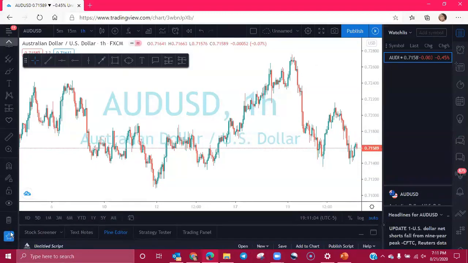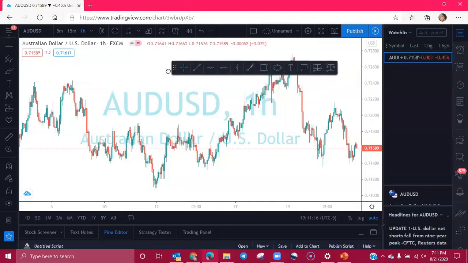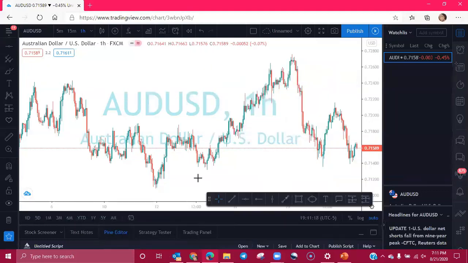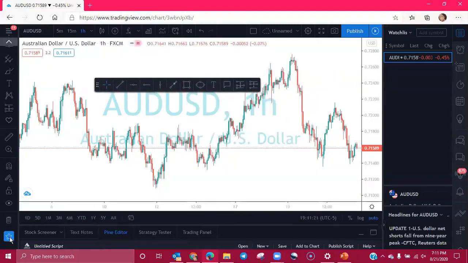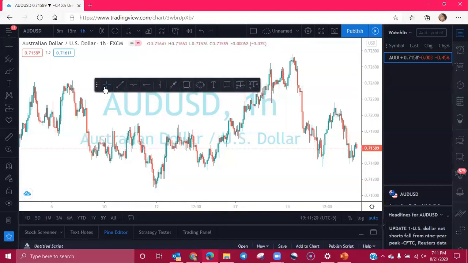And lastly, you have this star that's down here on the bottom. That is your floating drawing tools favorites toolbar. Okay. So this is your favorites toolbar. You've built it up now, and it just floats around. You can move it wherever you want. But if you don't want to see it on your screen, you can click on that star and it disappears. And then when you're ready for it again, you can click on it and it appears again.